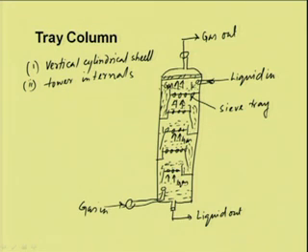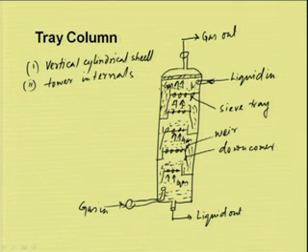So, this is known as the downcomer. These are weirs and these are different sieve trays. So, this is a multi tray tower, or we can say a cascade system inside the tray tower,